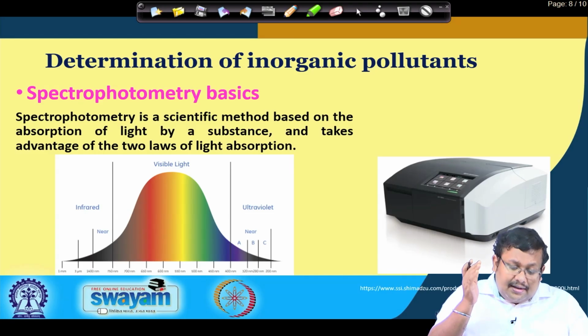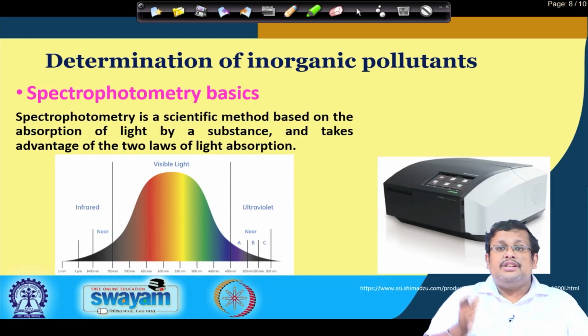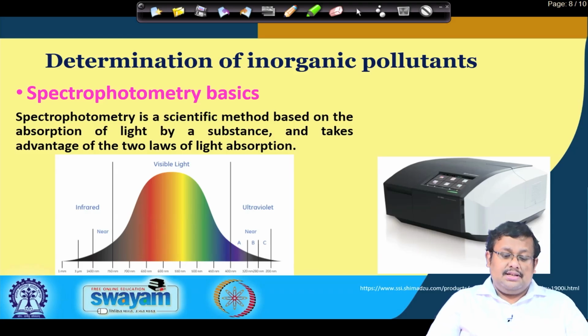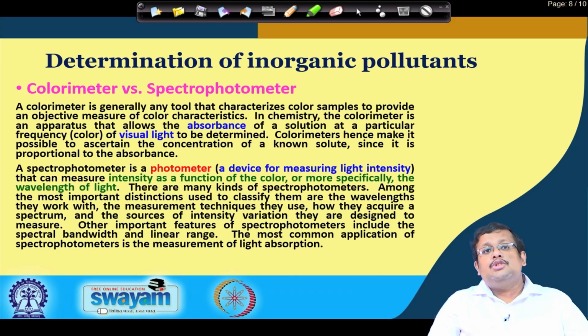If the spectrophotometer is using only visible light, then it is called visible spectrophotometer. If it is using UV plus visible portion of the electromagnetic spectrum, it is known as UV-Vis spectrophotometer, and so on and so forth. So, let us first discuss these two techniques called Beer's and Lambert's law, but before going to